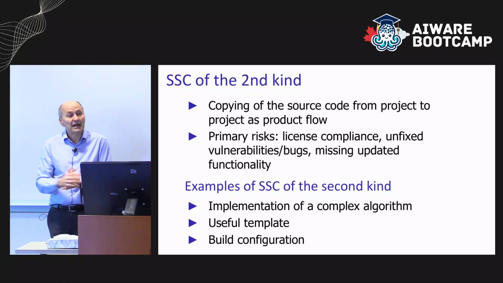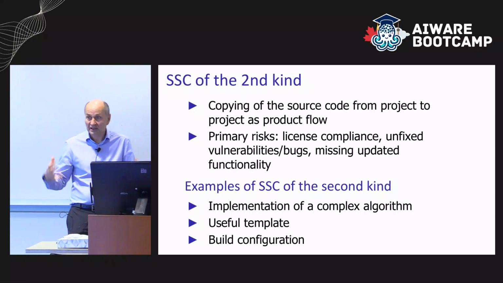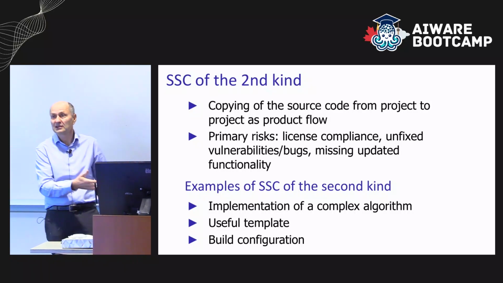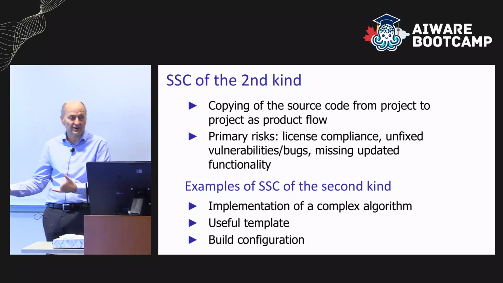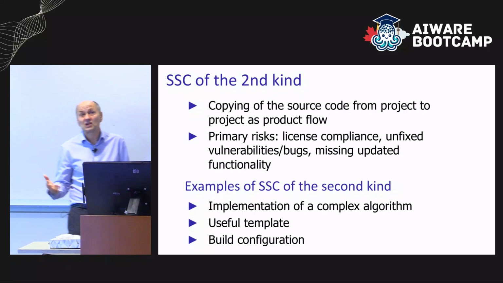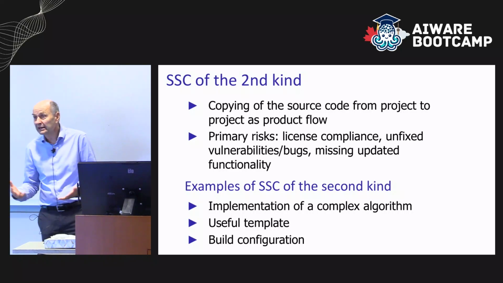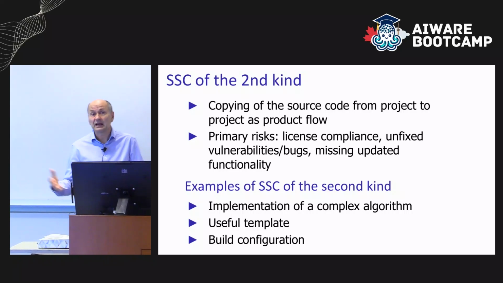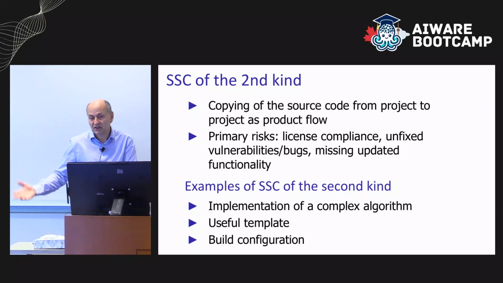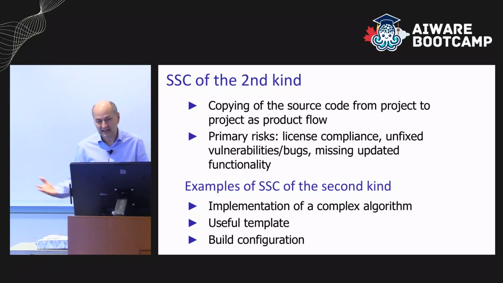Now, the second kind of supply chain is not something that people actually recognize, even though it stares you in the face. We talk about open source. In open source, you can take any code and use it somewhere else. Whether it's allowed or not, that's a different story, but you can always take and use it. In this case, the primary risks are license compliance. Perhaps the code has a different license than your project. Another thing is that once you take ownership of the code, vendor it essentially, you're basically stuck with it. So if somebody else fixes bugs, you don't know about that, right? If somebody adds new features, you don't know about that. So that's your job, right?